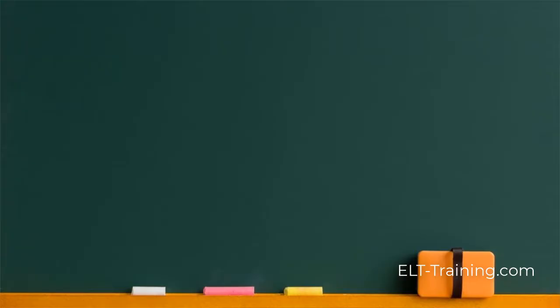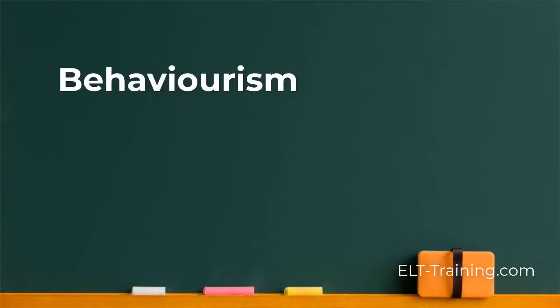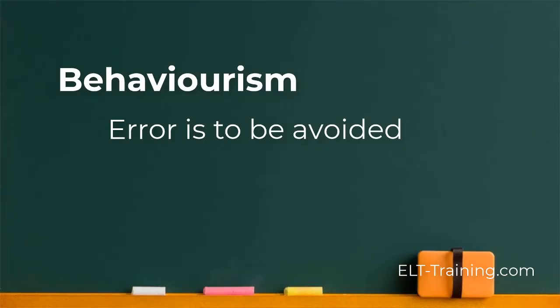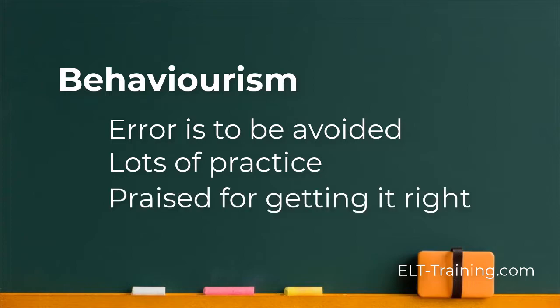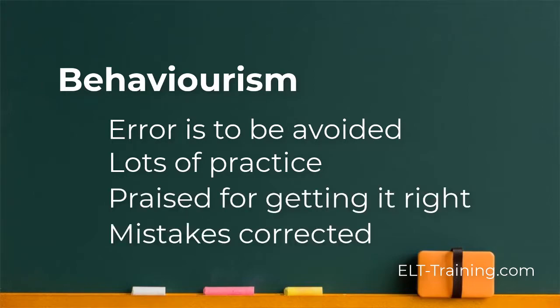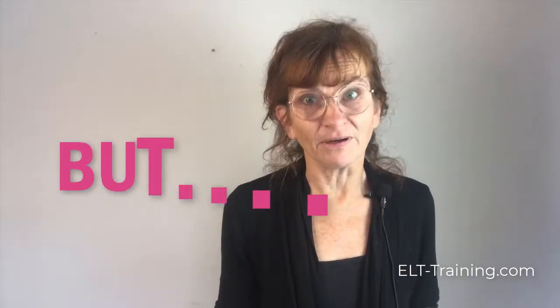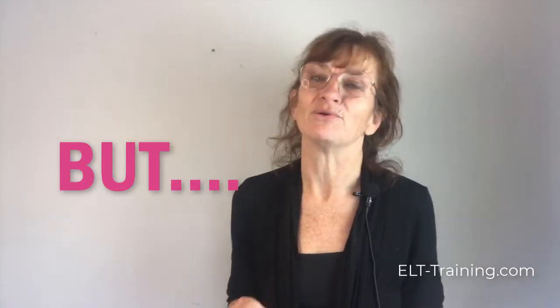error. If you take a strictly behavioural approach to language learning, you might think that learners have to avoid error. They need to make sure that they know what they've got to do, that they get lots of practice of it, that they're praised when they do it right, and they're corrected when they make mistakes. Now, there aren't many people in education these days who would see learning like this as just a conditioned response. But error correction is a really important part of language learning, of that whole process.